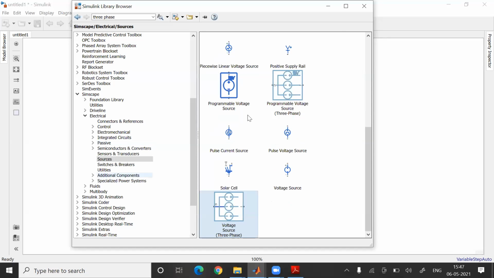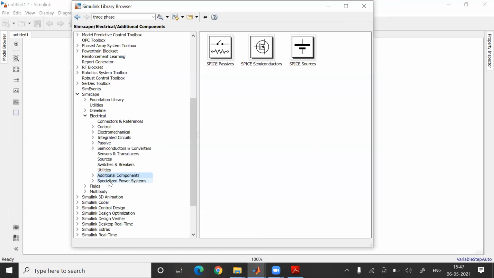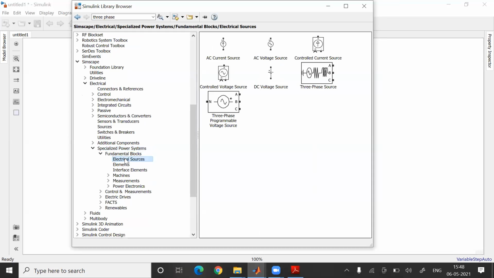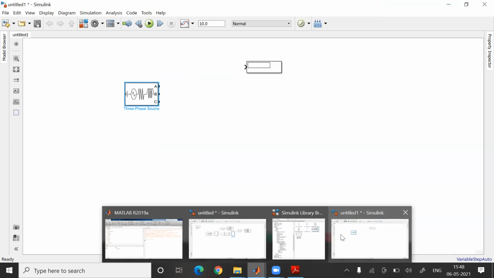No, this is not the block. One second, Specialized Power Systems. Yeah, we have this. Okay, this is 3-phase power. So you could drag it out and drop it over here. This is your 3-phase source, right? Now let's go to the library.